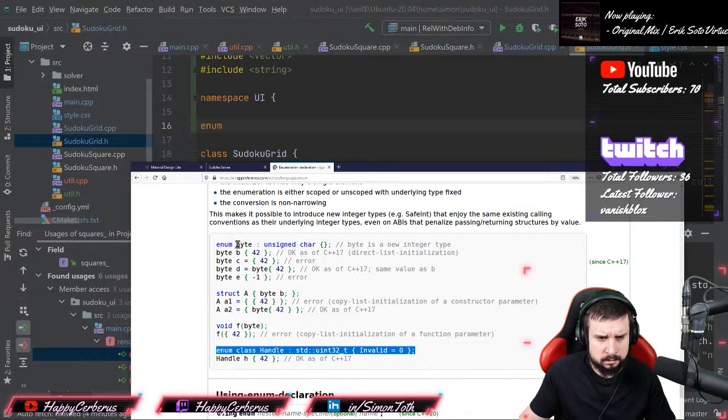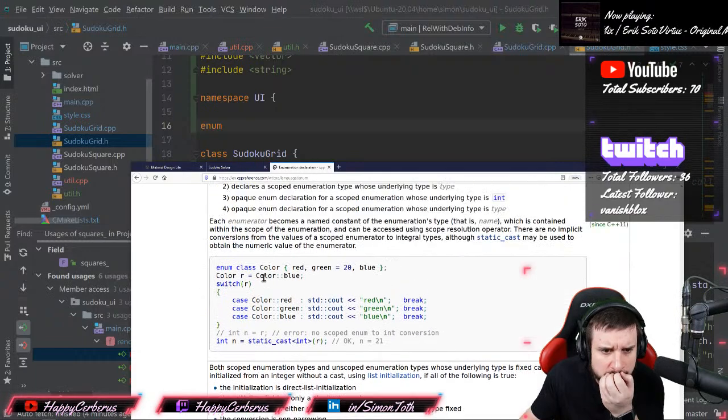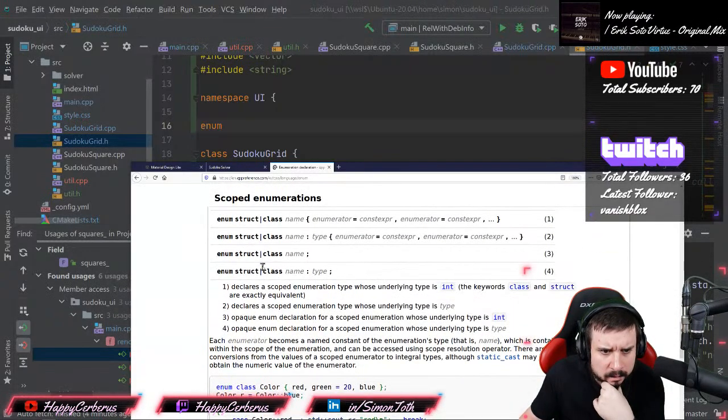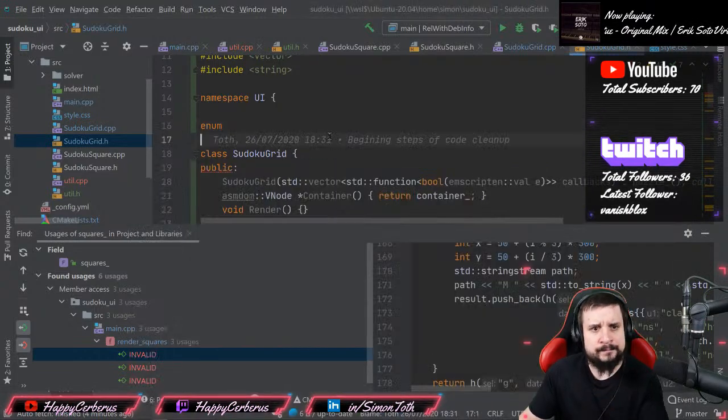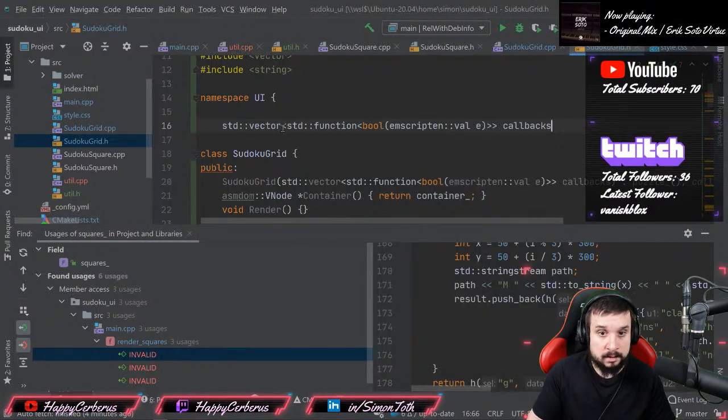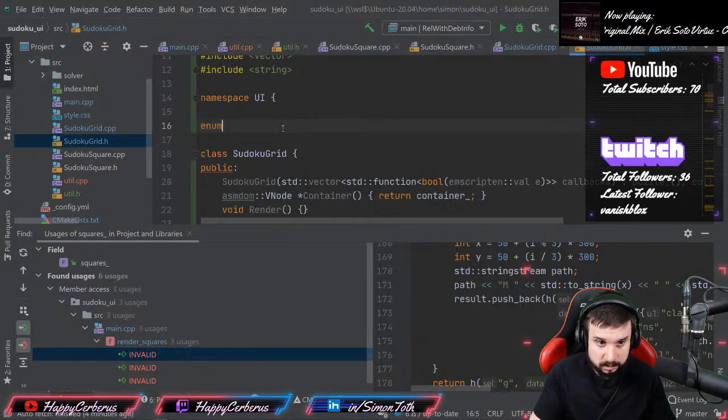Huh, interesting that you don't have to specify the class if you do this. Maybe that's just implicit. It doesn't look like it is implicit over here. Interesting. Okay, but basically I want enum class